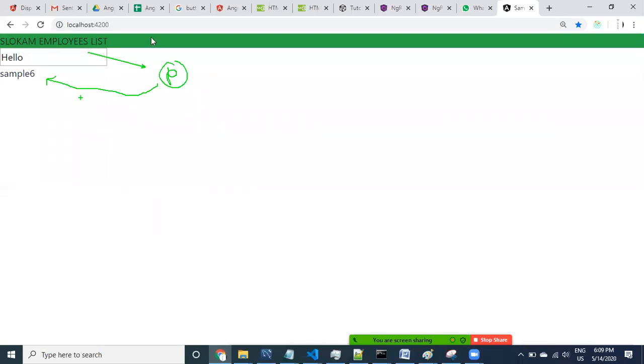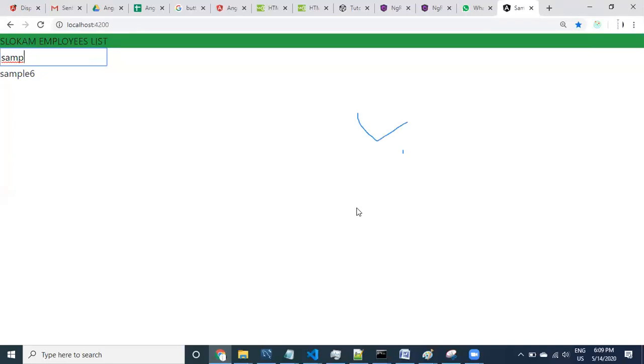Why? Because whatever data is available here, when I refresh it, this is the text box, right? In this text box the data is coming from the component property. If you change here, this data is not going to apply to the property because this is not two-way binding, only one-way binding. Property data is going to come to this text box, that's it. Changes are not going to affect the properties.